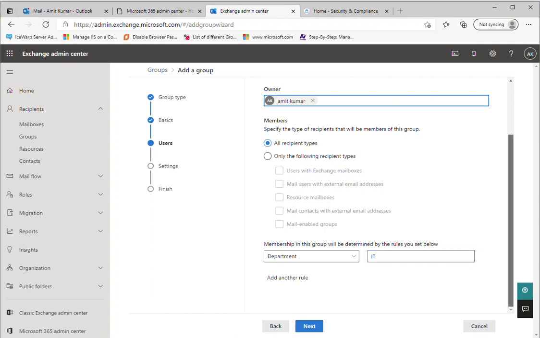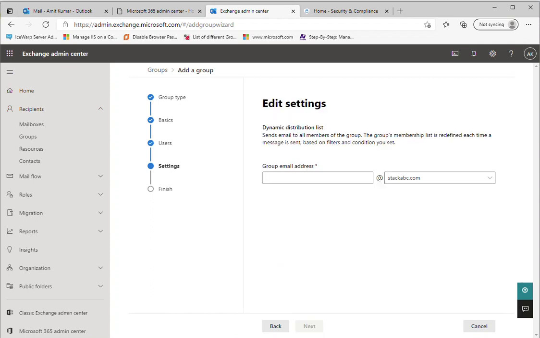And now you don't need to add anything else, because you have already specified that all the users who are part of the IT department will be automatically added in this group. So now we need to click on the next.